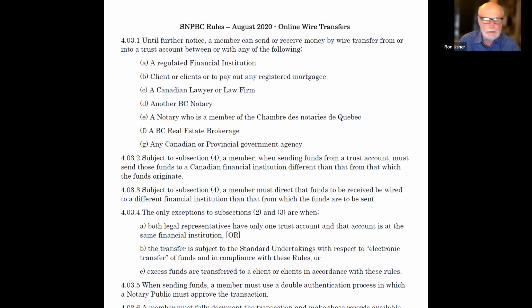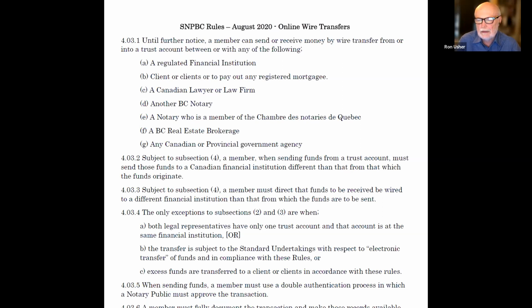Our rules were amended in August of 2020, really in response to the pandemic and its issues. This has been, of course, a long time in coming and really is unrelated to pandemic difficulties, but this got very much highlighted during that time. In any event, your board of directors of the society made these changes in August of 2020. You can find the text of these, of course, in the rules on the website. But what I've just excerpted here is this particular bit and these rules that were added.